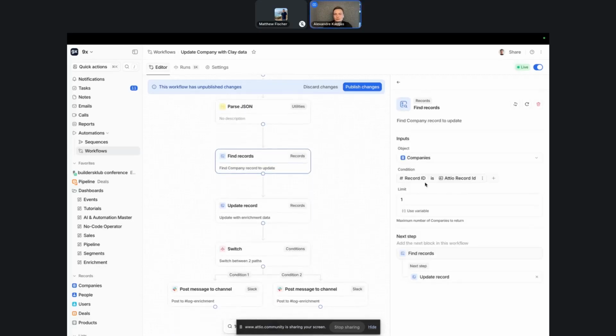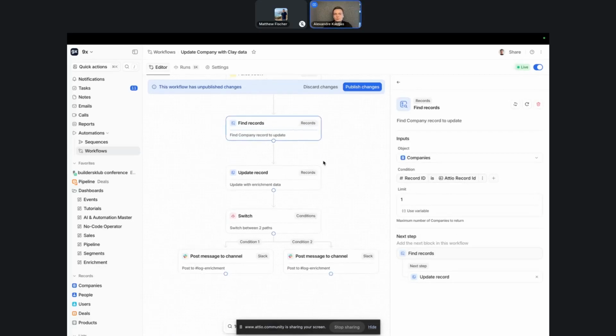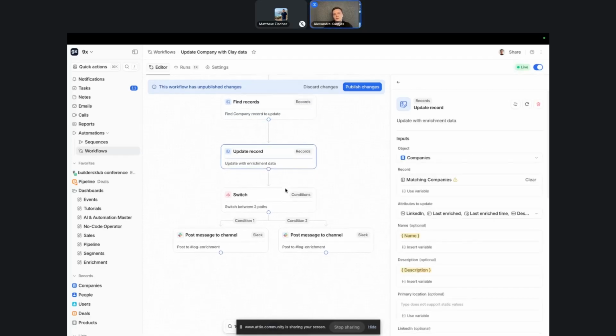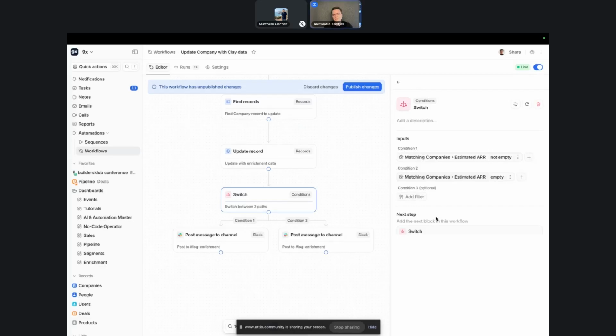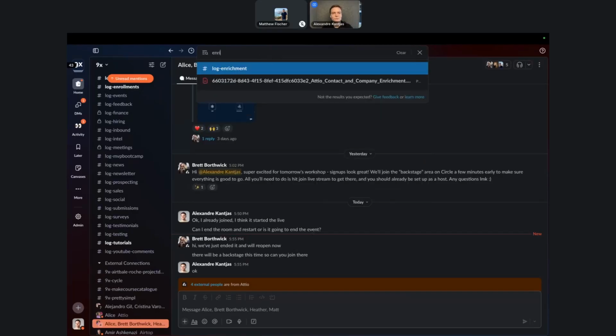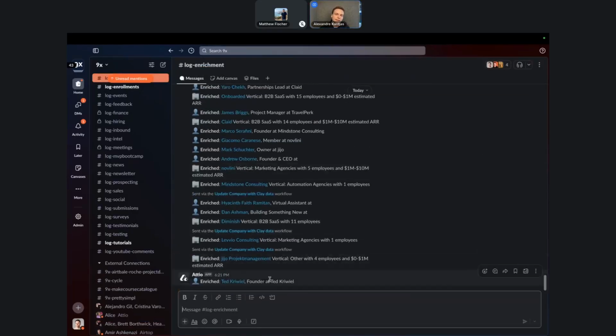You find the company to update, same search, which will always return the company. You update the company with your properties. And then right now the switch, I think it depends on the outcome, just to make the Slack notification pretty. So the final outcome, if you go to enrichment,